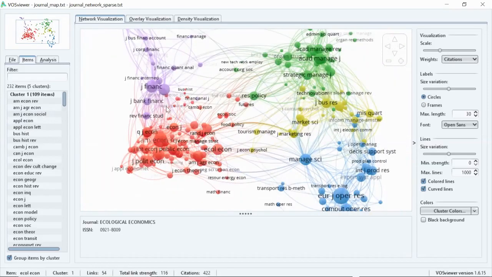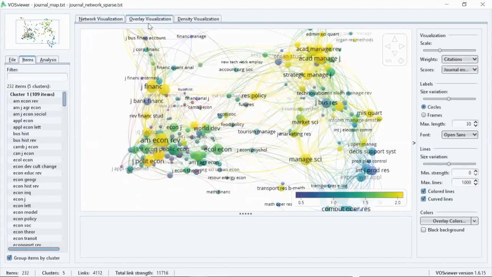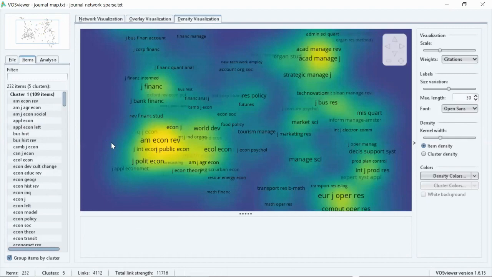And then when you see the types of visualization, now you are in network visualization. If you want, you can change it into overlay. Overlay changes the color of the visualization, but it doesn't change the clusters actually. The colors will be changed, and you can go for density. Density is good to identify a particular cluster or a particular item.